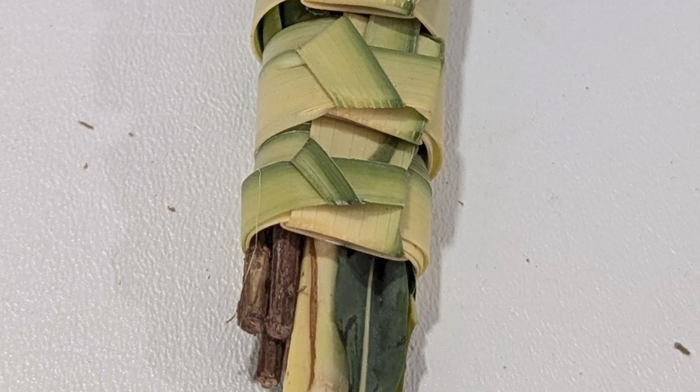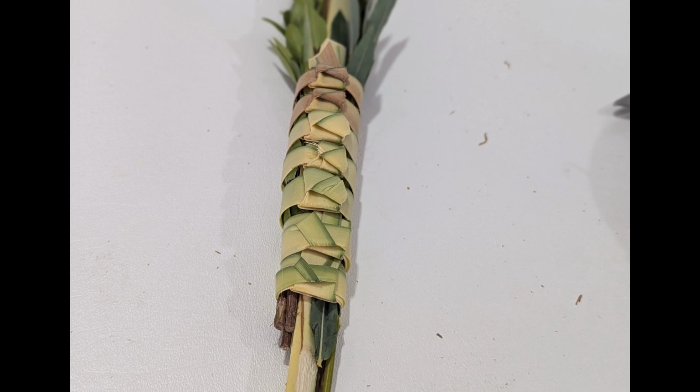Now, part of this, the end, the tip of that lulav leaf is going to be sticking straight up along your lulav, that's okay, because what you're going to do is take the next loop and place it right above, and it's just going to layer right on top of it, and it's actually going to fit nicely and hold everything in place. And so continue doing that one after the next until you have a full 7 loops connecting the